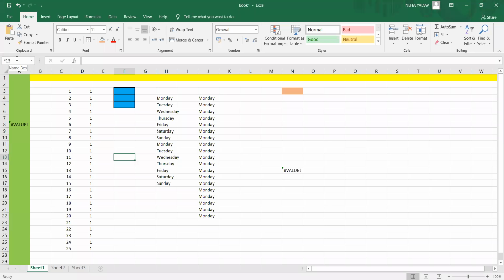Next is the formula bar. Just adjacent to this name box, we have the formula bar, and the formula bar always has this fx. Fx denotes your function or the formula. Any function that you are going to apply will be applied in this formula bar only. That means if I'm writing anything over here, like equals to A3 or anything, it is coming here in this formula bar also. So this is the formula bar of your MS Excel.